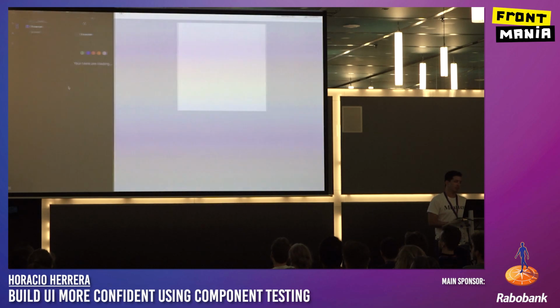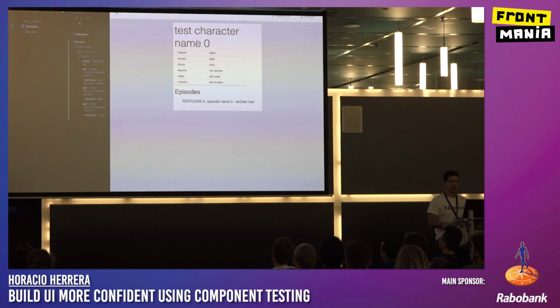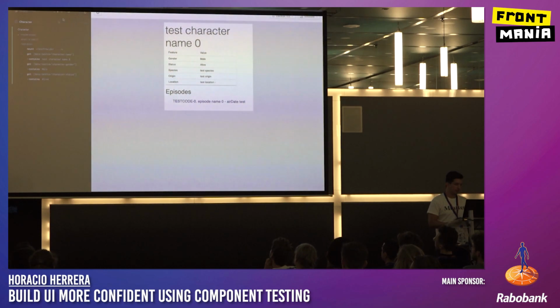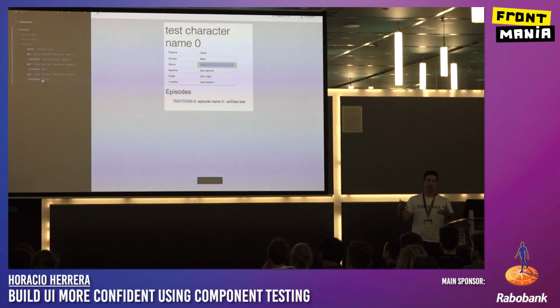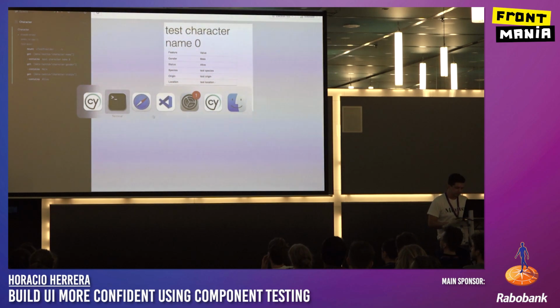So actually the test is very dummy. You see that I have a test for the character page and the episode page. And you can see that I can assert stuff here. Let me just run the specs. You see I'm mounting, getting the character name, and checking that the character name is this one. I'm also getting the character gender and seeing that it's male. And also the character status, that is alive. So I can assert stuff in the real browser while rendering mocked data. So let's see how I'm doing that.